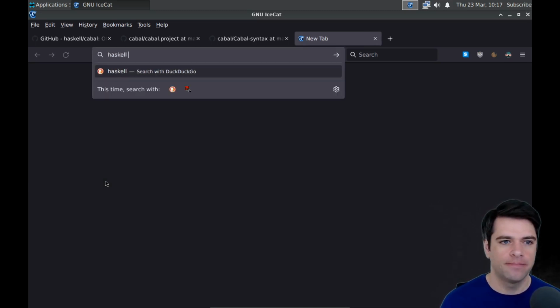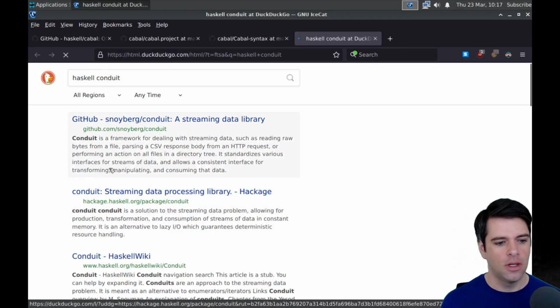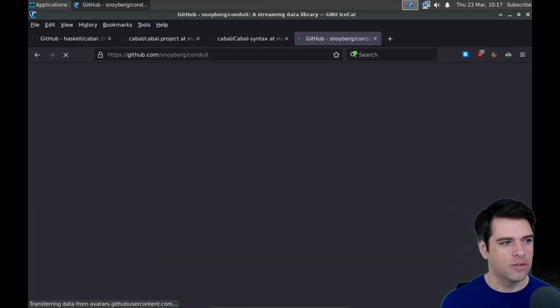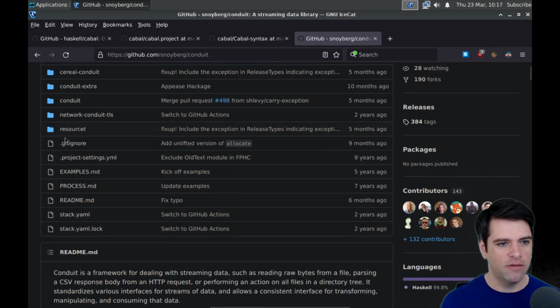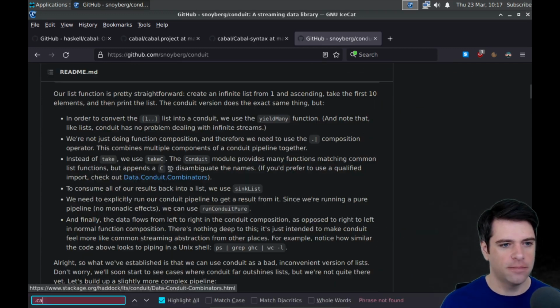How about conduit, maybe. I think this is a thing I've heard of. So this I vaguely recall being a relatively complicated library. We've got a stack.yaml. I was hoping for a .cabal file.